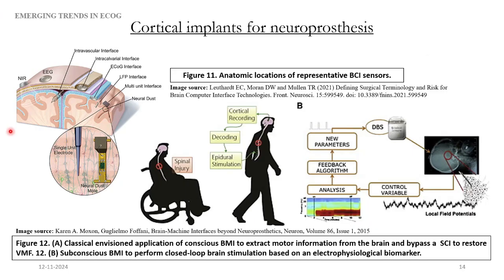Here we have a diagram for the BCI interface that they have developed. The diagram illustrates the use of a BMI, which sources the information from the brain motor interface and bypasses the spinal cord injury in order to aid the motor function of the limb prosthetic. And in figure B, they have developed a closed loop system for deep brain stimulation, using the local field potentials to aid in the movement.